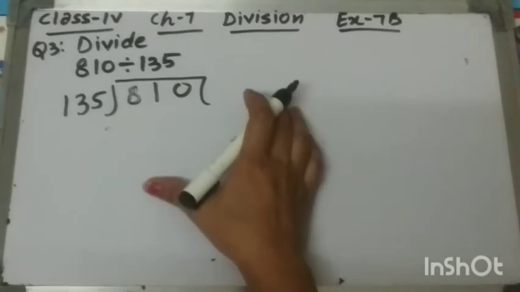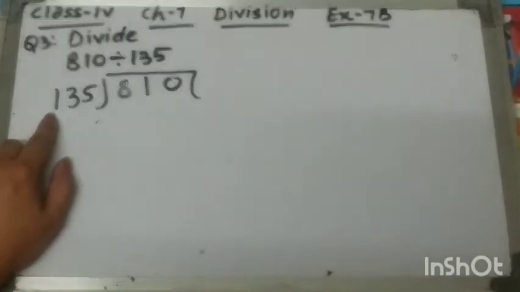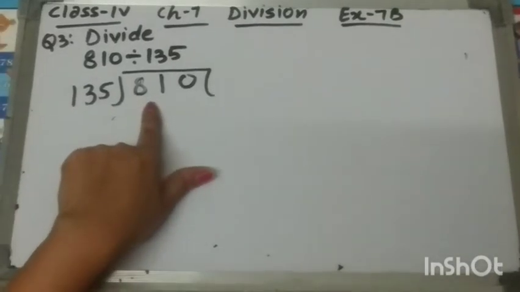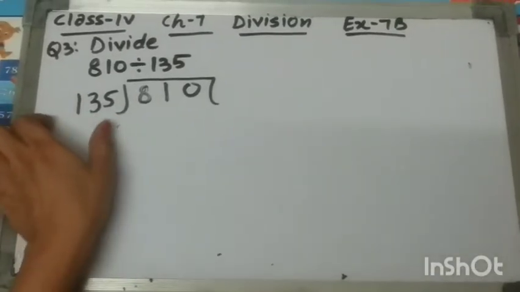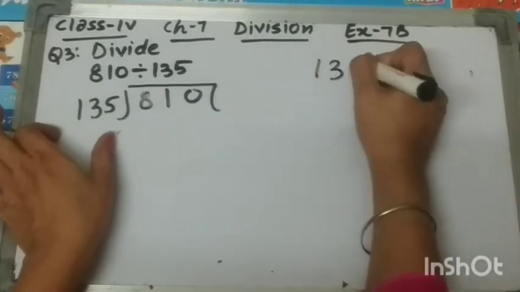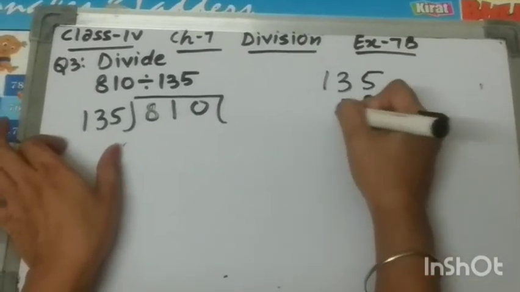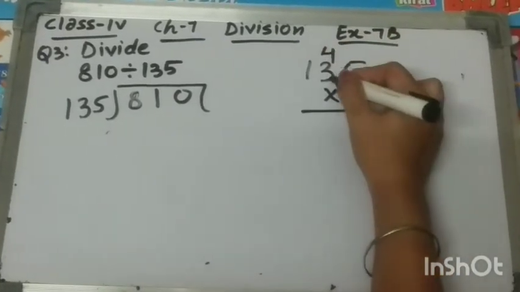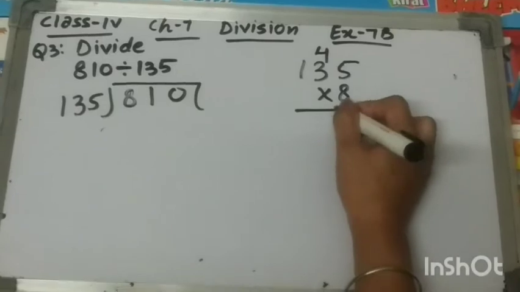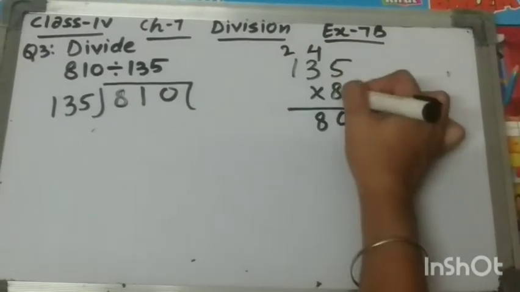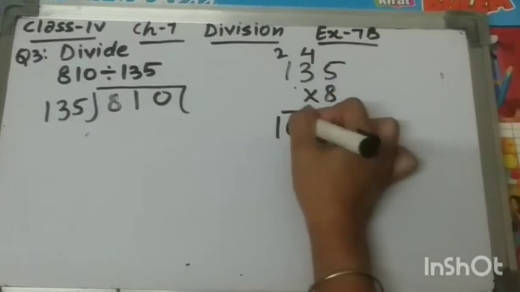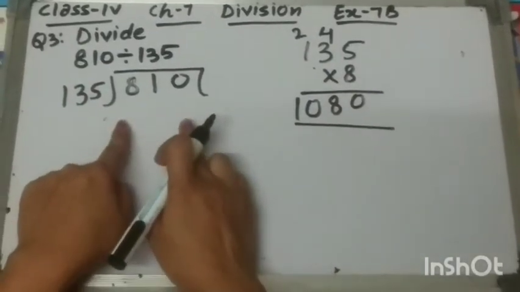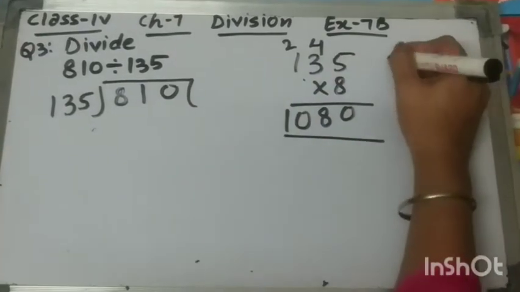See, what we do, we will check the first number. Here it's 1, and 1 eight is 8. So try to check at 8. हम क्या करेंगे, 8 पे चेक करेंगे. Okay, 5 8s are 40, 8 3s are 24 plus 4 is 28, 8 1s are 8 plus 2 is 10. But 1080 तो बड़ा हो गया ना. अब हम क्या करेंगे, अब 7 पे ट्राई कर दो एक बार.